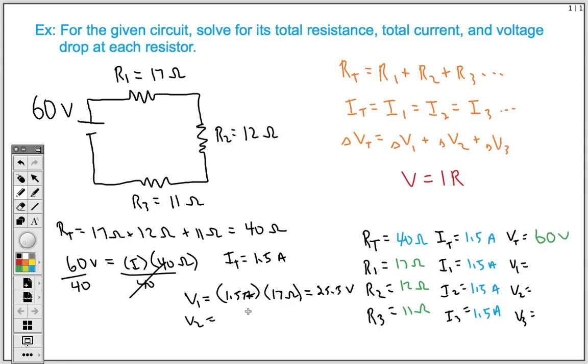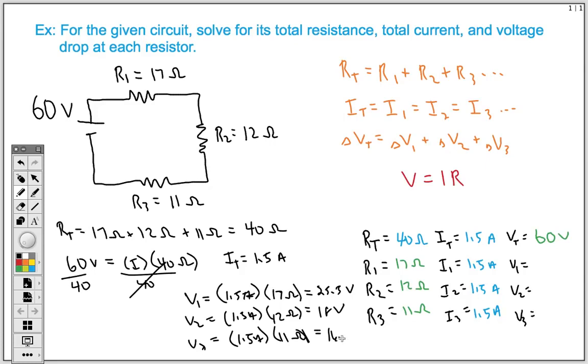Now for our second voltage drop, it's still the same, 1.5 amps, multiplied now by our 12 ohms, and that's going to give us a voltage drop of 18 volts. And then our third voltage drop is going to be 1.5 amps times our 11 ohm resistor, which gives us